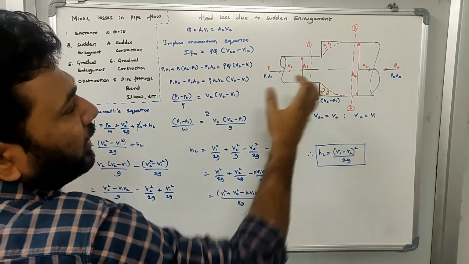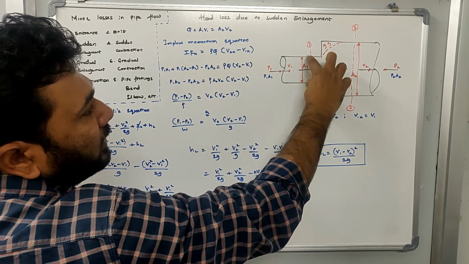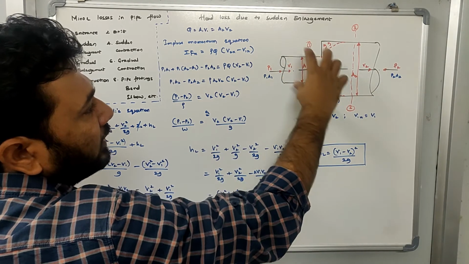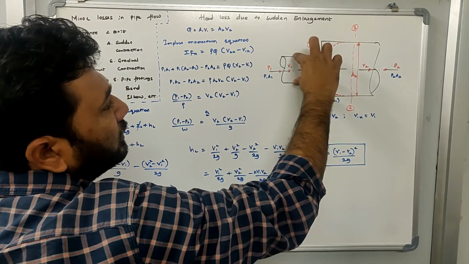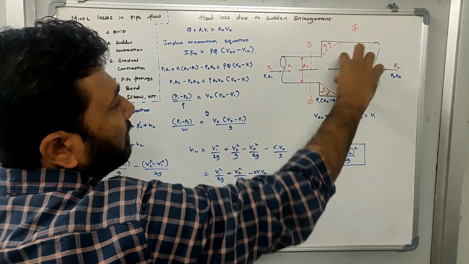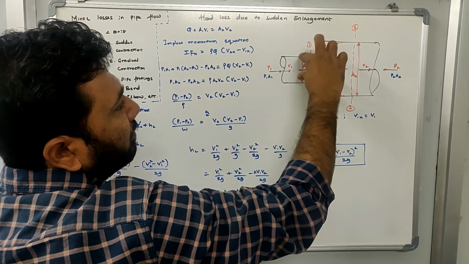So the first thing you can observe is the area, right? So A1 and A2. This is the cross sectional area of the pipe, which is very small, and this is the enlarged area of that pipe. So this is the smaller pipe and this is the larger pipe. There is an increase in the cross sectional area of the pipe between these two.